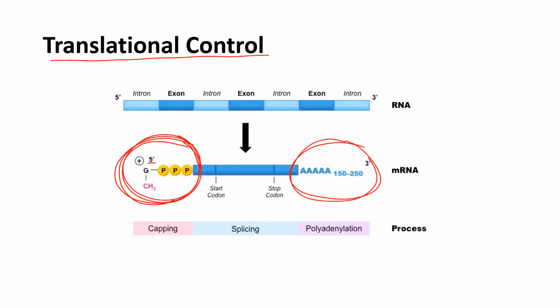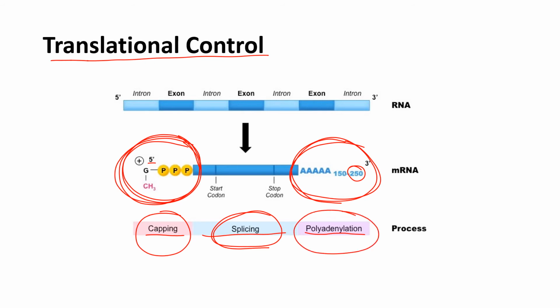The poly A tail, adding adenines to the 3' end of the mRNA, that's going to determine how many times this RNA can be translated. So the longer the tail, the more proteins will be produced from this mRNA. So RNA processing can involve putting on the 5' cap, splicing out the introns, and adding the poly A tail. So splicing will help control at a transcriptional level. Adding the cap and the poly A tail will help control